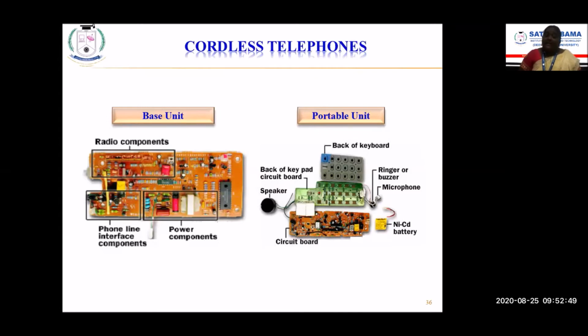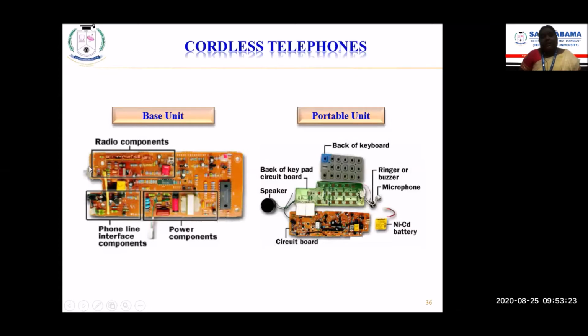Okay, and as we discussed already, we need an external power adapter and power supply for the base unit. So these are the power components, to which we'll be plugging the power adapter. That will be supplying the AC power supply. Whenever we are connecting a plug point and the AC power supply, we need to have a transformer. That will be available in the power adapter, and all the DC voltage conversions will be happening with the help of the circuits available here.